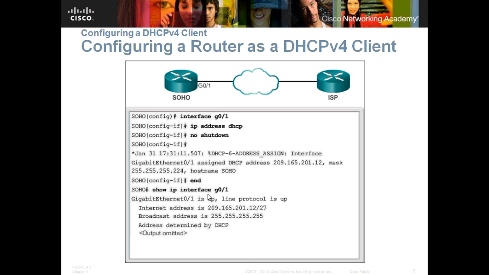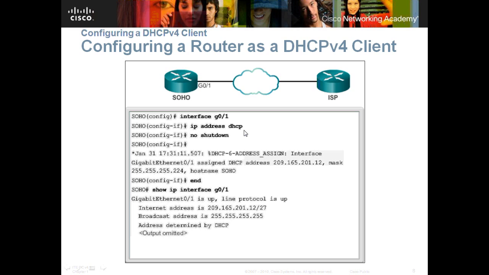Like in here, in the SOHO Gig0/1, we want Gig0/1 to have an IP address from the DHCP server, maybe somewhere else in the ISP, so we can configure it by putting this command, ip address dhcp.